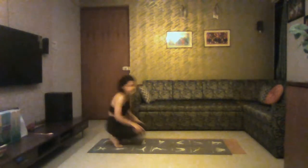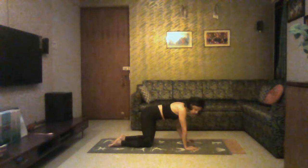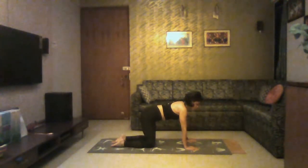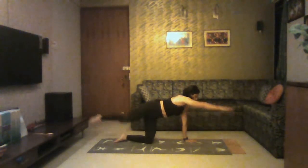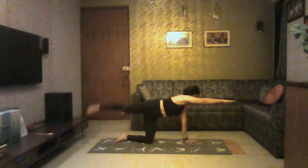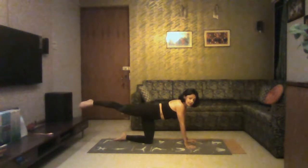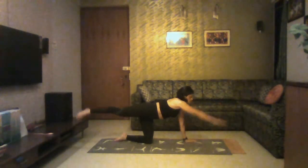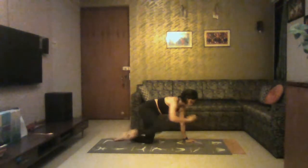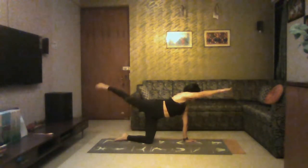Right? We'll do the next exercise, which is the bird dog crunch. We are in the cat position, palms right over the shoulder as always, the knees right under our navel, and we are going all the way. 1, 3, 4, 5. As I'm lifting the leg, right leg up, squeezing from my glute, lifting from my tailbone. So 1 and 2, 3 and 4, 5,